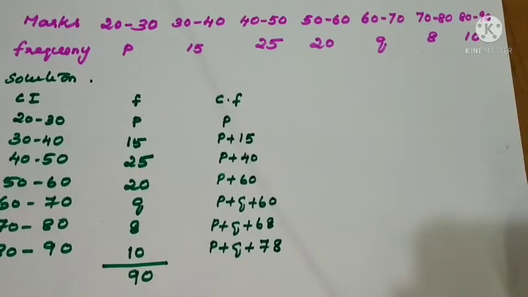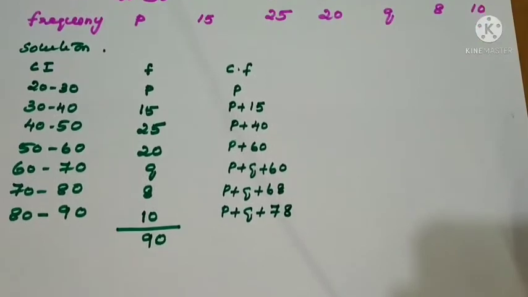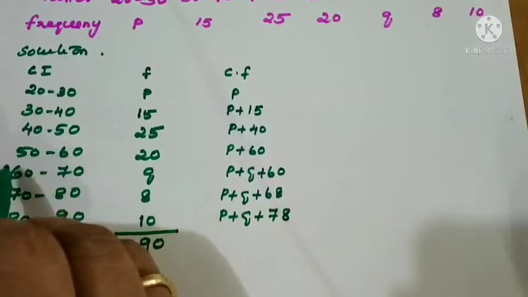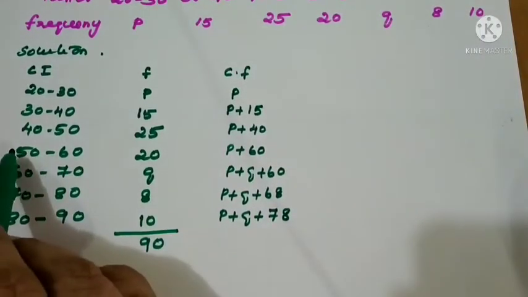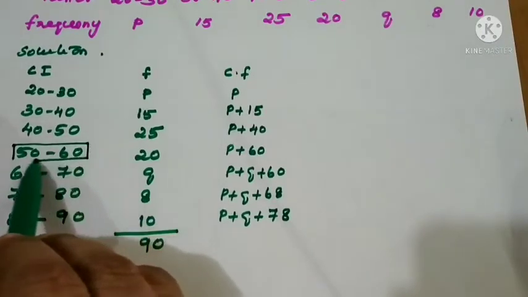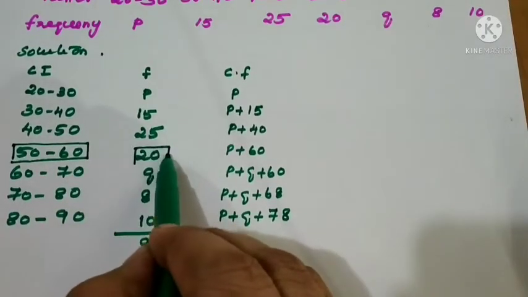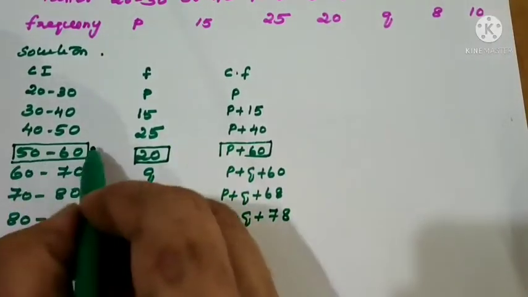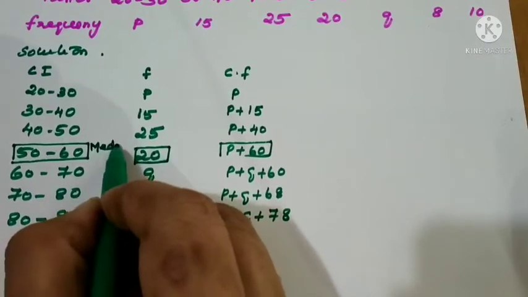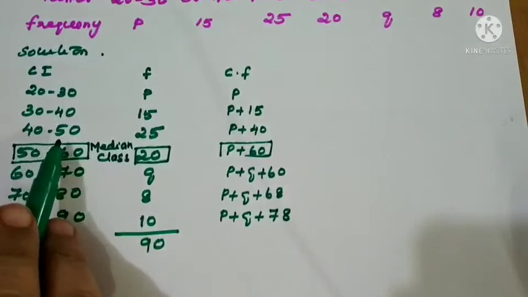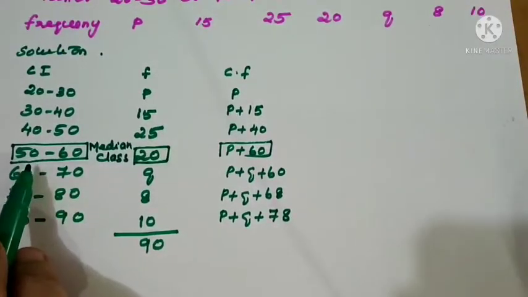Now, what is one more thing given in the question? The median of the following data is 50. So the 50 lies in which class? The median of the data is 50, and 50 is included here only. So our median class is this one. I will write here, median class. The 50 to 60 is taken as the median class.